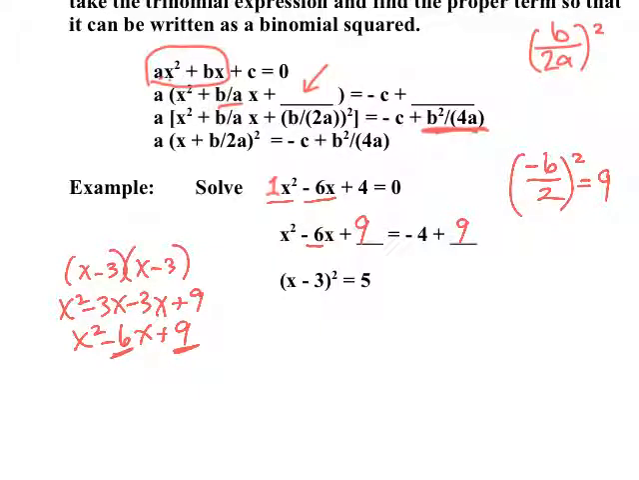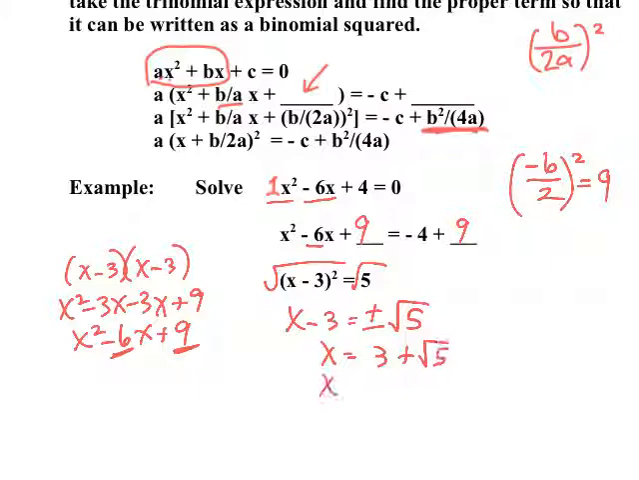Now, what good is that? Well, it can do a couple things. One, it can help you solve for the intercepts of that quadratic, or the value of x in this equation. So I can do that now by square rooting both sides, and you end up with x minus 3 equals plus or minus the square root of 5. And of course, then you add 3 to both sides, and you end up with x equals 3 plus root 5, or x equals 3 minus root 5. And those are your